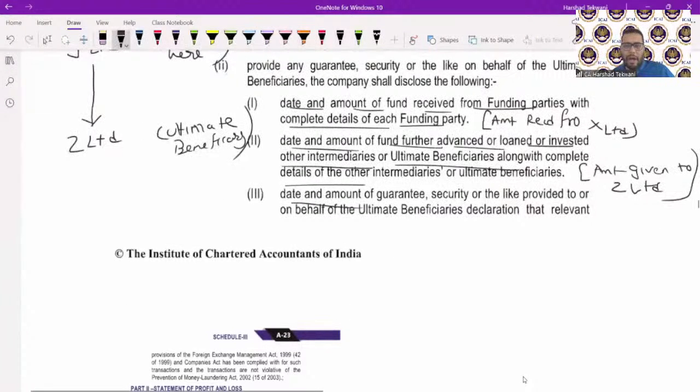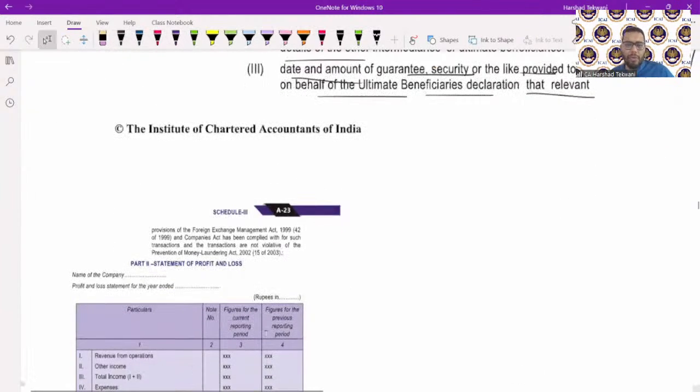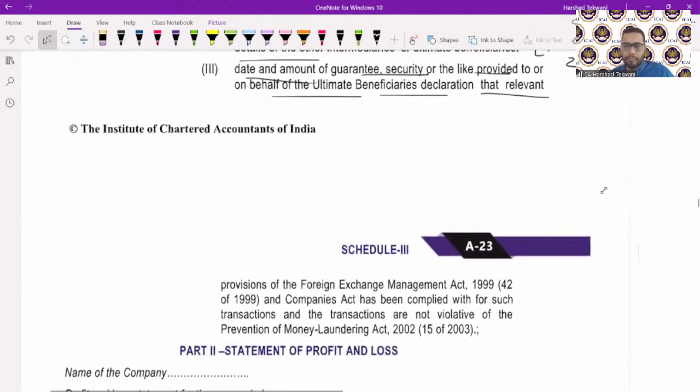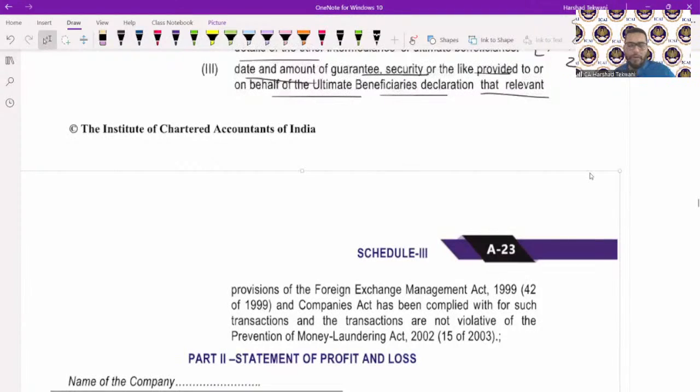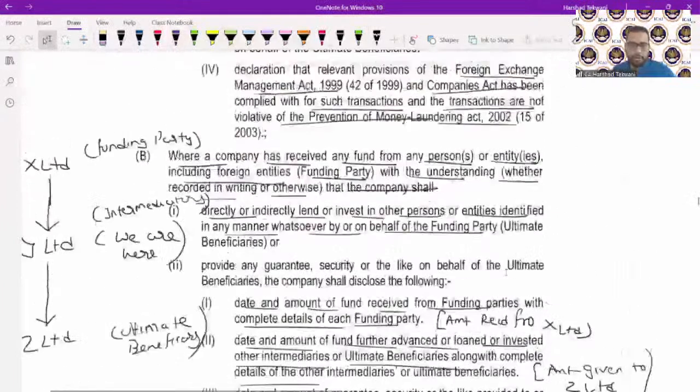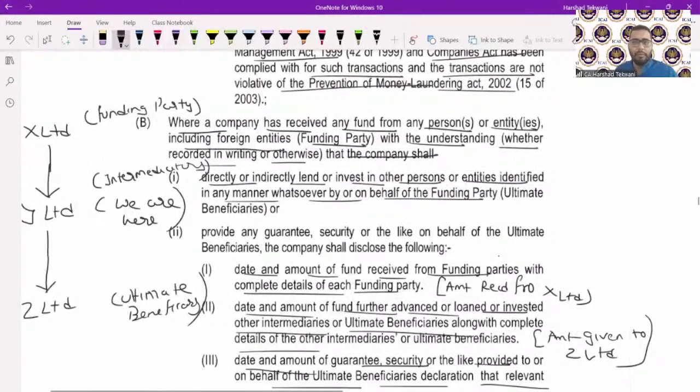The date of guarantee or security provided on behalf of ultimate beneficiaries, and the declaration with respect to this: declaration of FEMA plus Companies Act plus Prevention of Money Laundering Act. Declaration of FEMA, Companies Act, and Prevention of Money Laundering Act. Clear? In both of the cases, earlier in